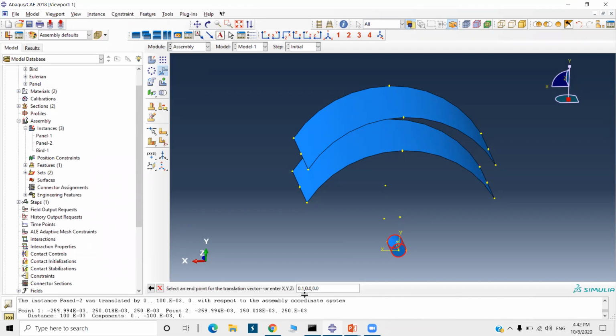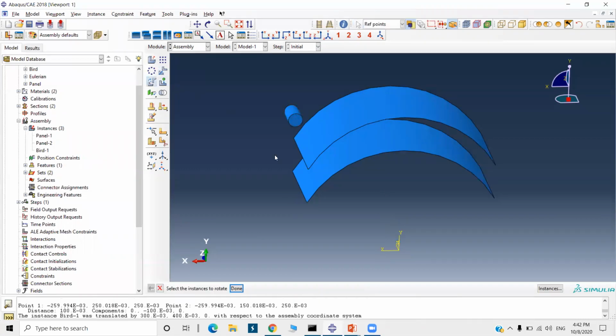It is correct. And in the y direction also, I will move it to 0.3. Increase the distance in the y. 0.3 and 0.4. Okay, so I will accept this position.